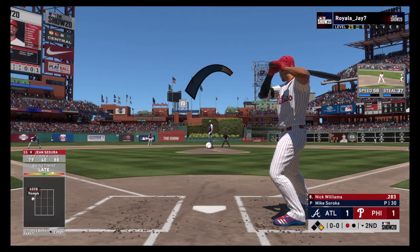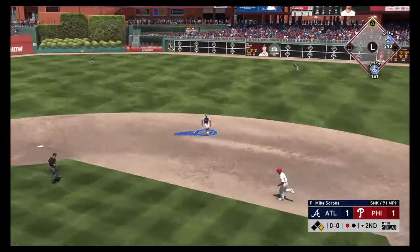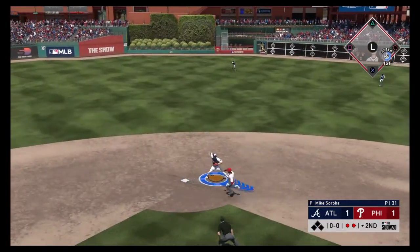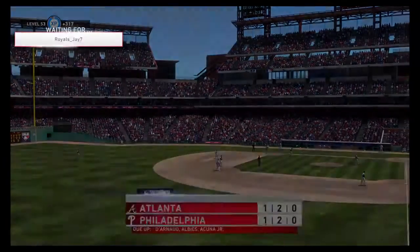Batting 8th, the right fielder, Nick Williams. And he puts it on the ground to second. Albies picks it up. 1 there. Relay to Freddie. Double play, and that'll...